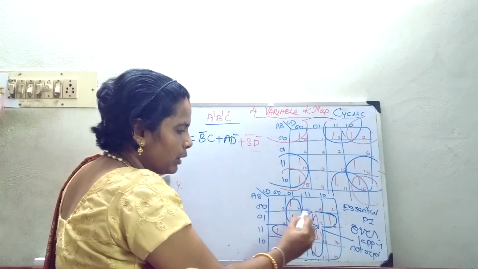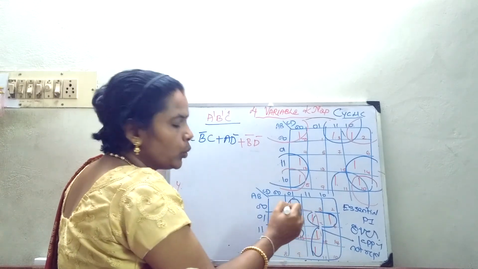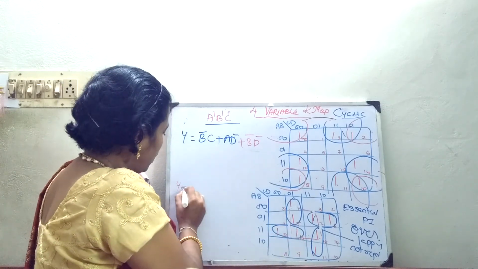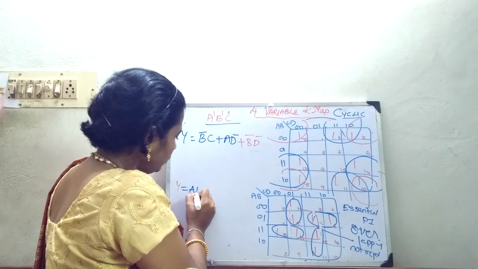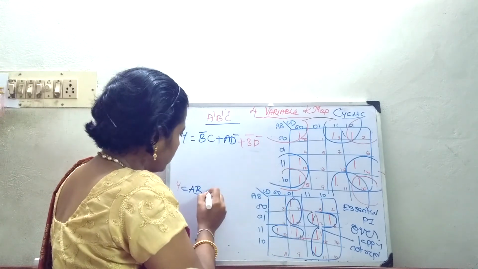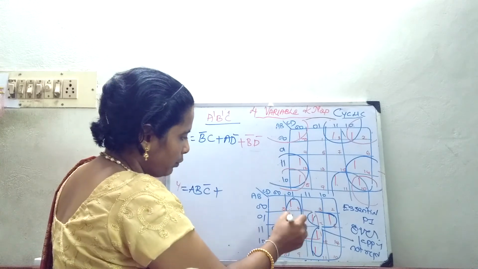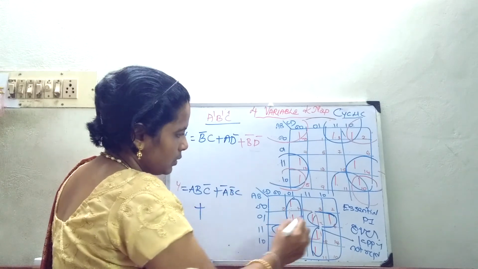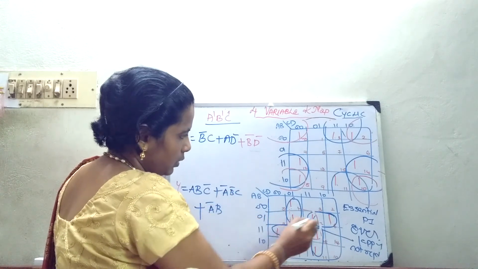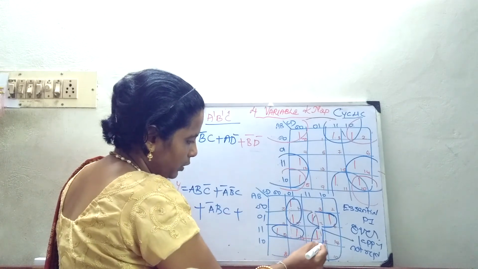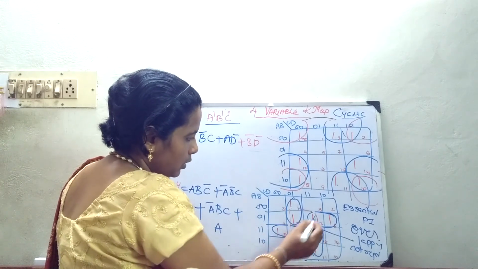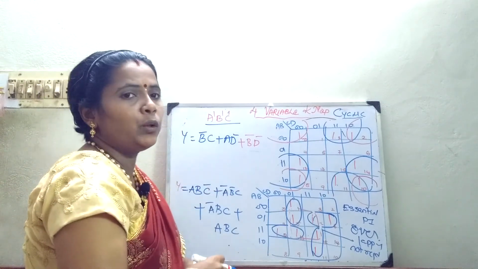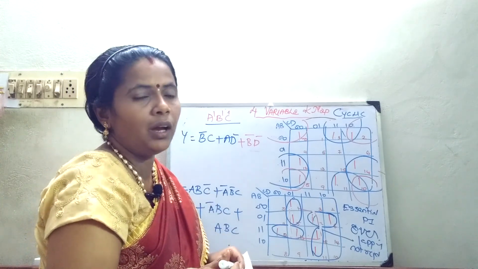As I told you, even if I am going to group as 4, again I have to group it. So only 4 2 cell grouping is necessary here. What will be the expression for this? It is Y is equal to AB, 0 0 0 1. So it is C bar plus go in for this 2 0 0 A bar. It is lying in this B bar C plus this one A bar B C. Go in for this. It is A B C. That's all. Okay. So with this I have tried to explain you all the possible combinations of your K-map.